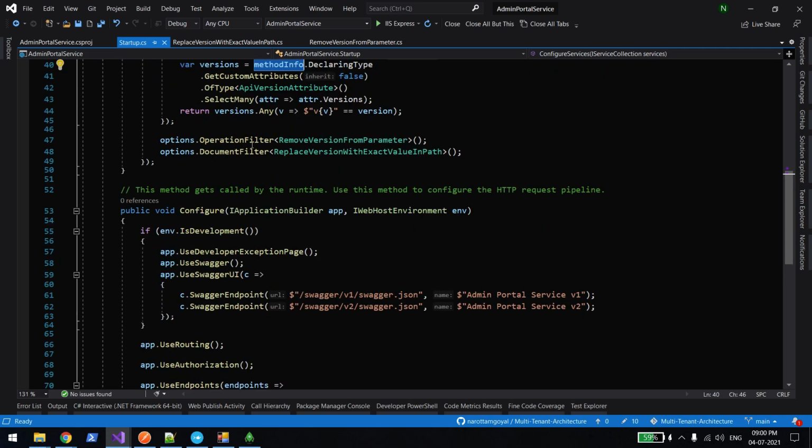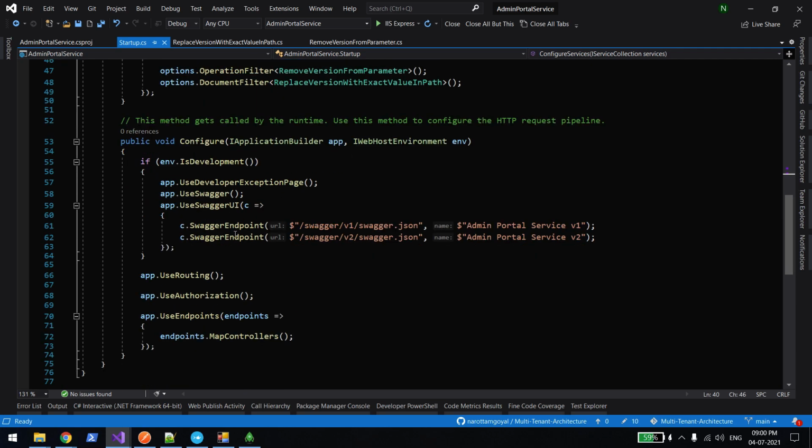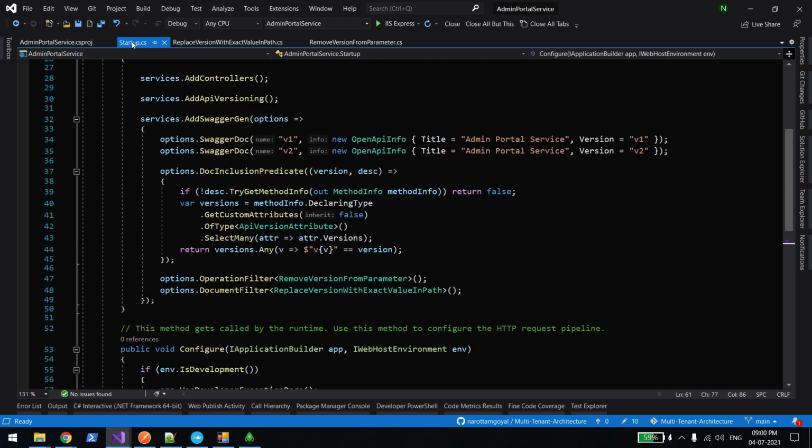And these two filters you need to add, which I'll explain the use of. Then in Swagger UI, make sure these Swagger endpoints are inside the UI method. Then you simply say whatever is the v1 and whatever is the v2. They should be separate JSON altogether: Swagger v1 for the v1 version, Swagger v2 for the v2 version. So this much configuration you will do as part of your startup class.